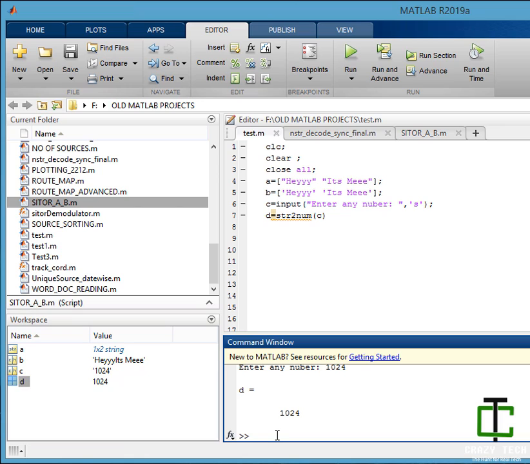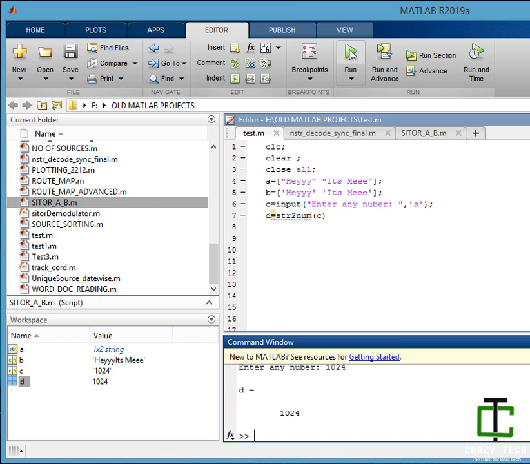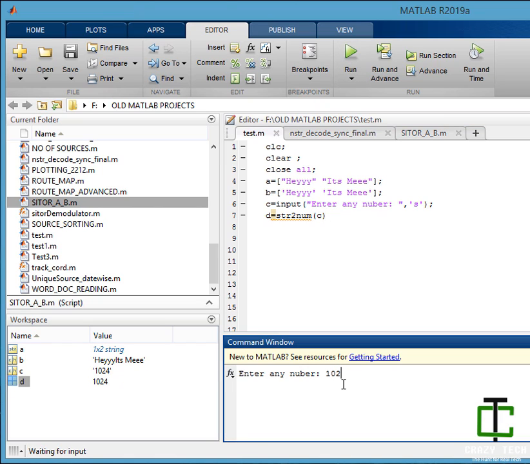In a practical scenario, by mistake the user may provide a character along with a number. Let's say 1024, and instead of giving 0 I have typed the letter O. Let's run it, 1024 O, and hit enter.